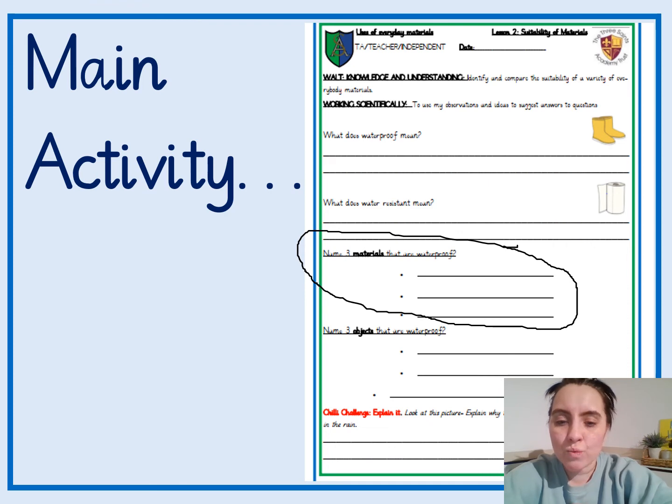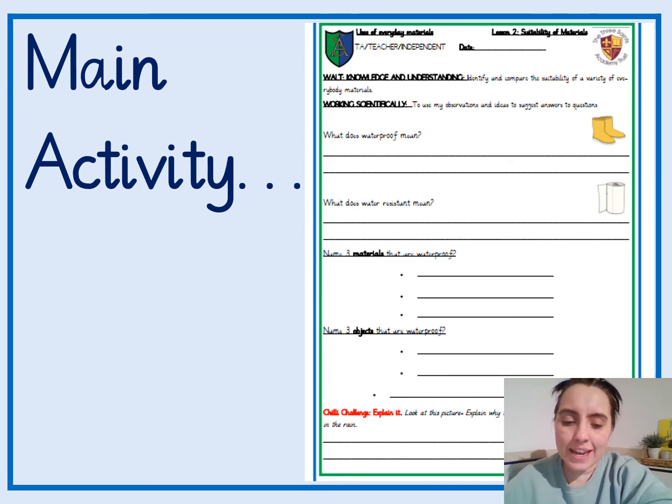I would like you to write 3 that are waterproof. I'm going to give you your first one now, so you've only got to find 2, okay? So one material which is waterproof is glass. So that could be one of the things that you would write for your materials that are waterproof,